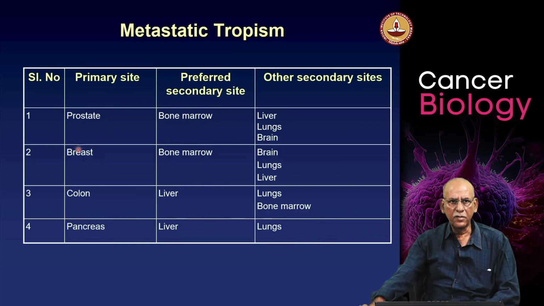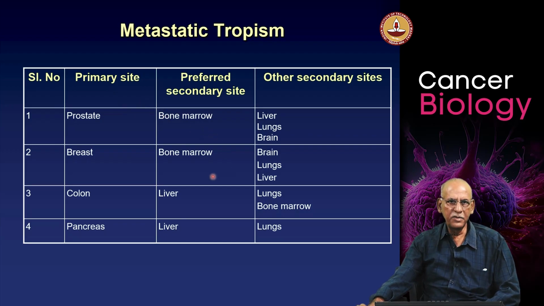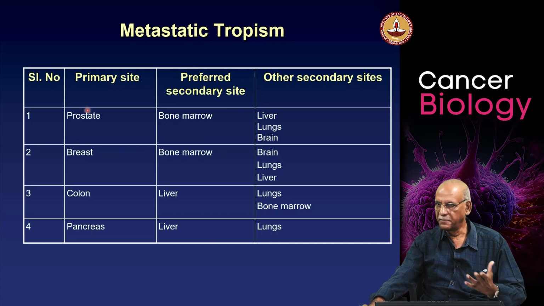Now, the question comes, what cancers are spreading to what tissues? I have given a table so that you can remember. We will take up prostate cancer, which is happening in men. The primary site, of course, is the prostate gland. Prostate is one organ